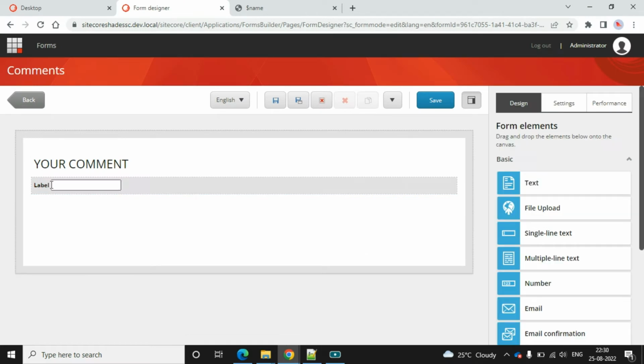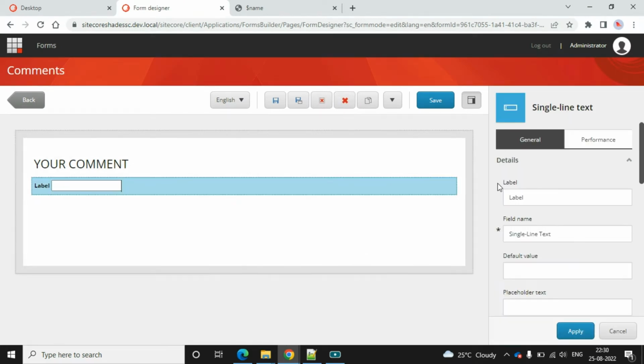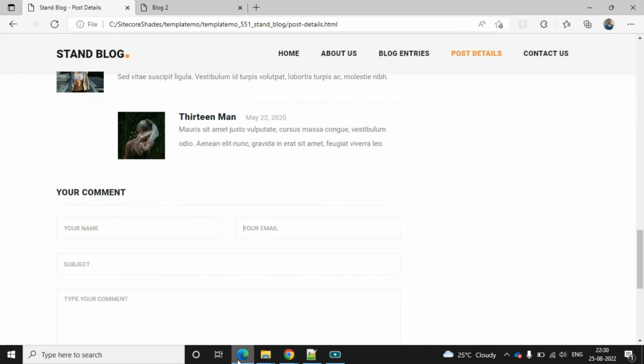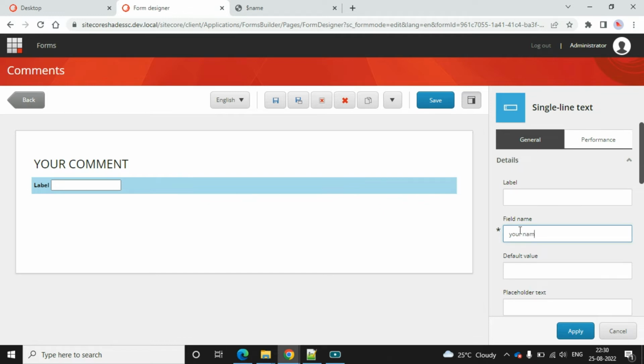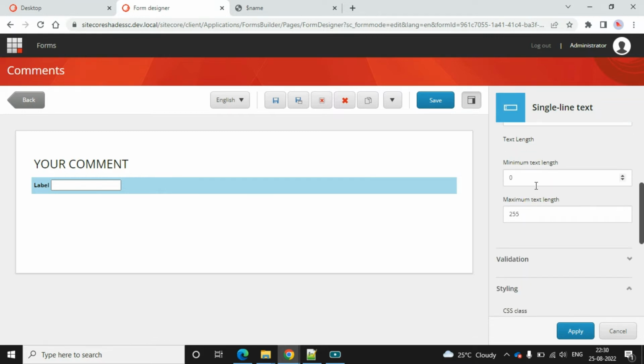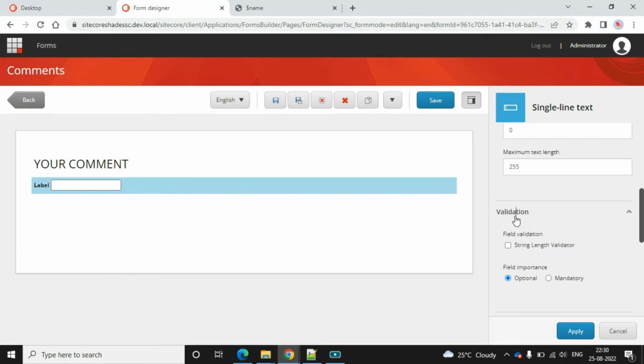So let's remove it. Then the field name is your name, and the default value is your name in caps. We have to give it in the placeholder text, not in the default value. In case you want to add any default value, you can choose. Let me remove it now, and we can give the maximum length and the minimum length here, and the validation